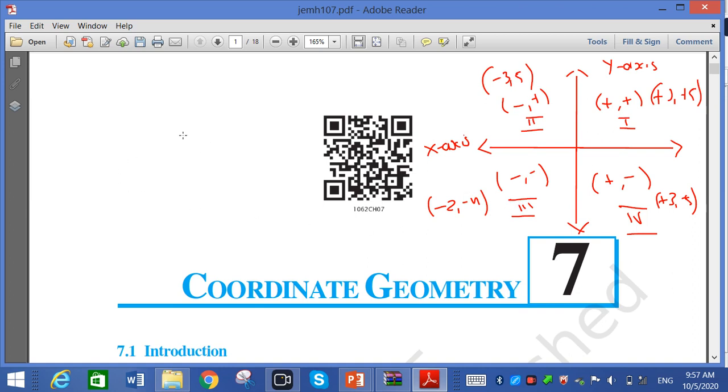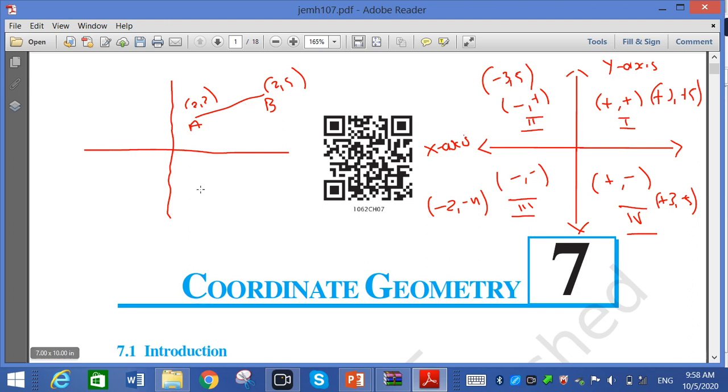Now if quadrants are there, suppose we have a quadrant, and here a line is there. If I want to find out the distance between A and B, how will I find it? If we want to find the distance between (2, 5) and (2, 2), how do we find it? In coordinate geometry we have to learn three things, that is distance formula,